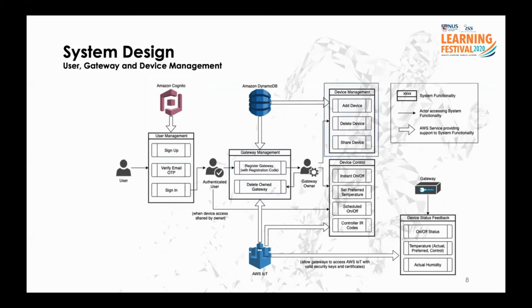device management. He can now add a device to his gateway, remove a device, or share control of his device to other users. He can also issue various device commands to the devices in his gateway. Another user with shared access control can also issue the same commands to the device. The gateway management, device management, and device control require support from both the Amazon DynamoDB and AWS IoT Core services.